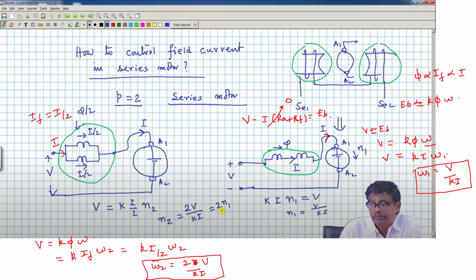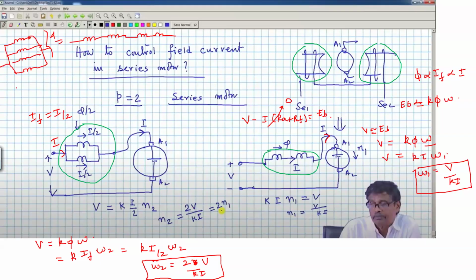So here you can do the speed control in this way. Okay. So in the one case where you are having the shunt connection, you can get almost double the speed of the series connection. Okay. So if you have more number of poles, then you can get more combinations. If suppose there are 4 poles, then in 4 poles, you can either connect all the windings in parallel. This is one connection, and when you are connecting all the windings in series,